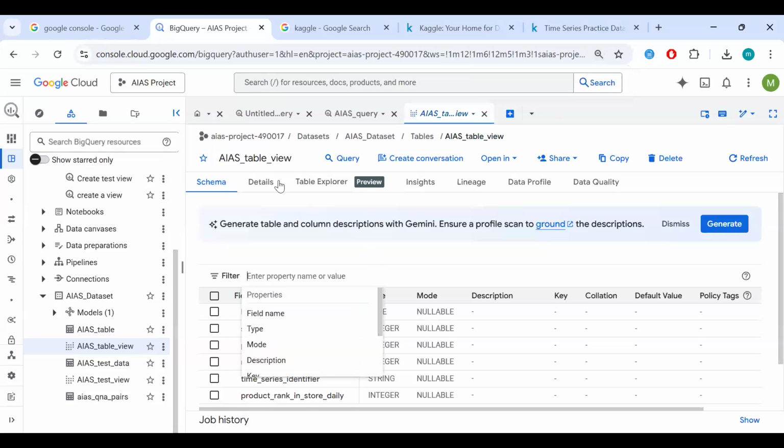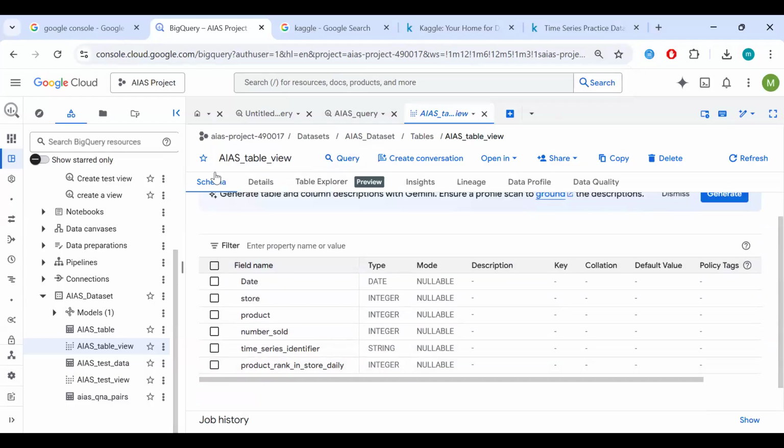And basically, like I said, it's just a different look, a feature engineered look of our original data set. And as you can see, it has more schema than the original one. So we have the date, the store, product, number sold, time series identifier, and the product rank in store daily.